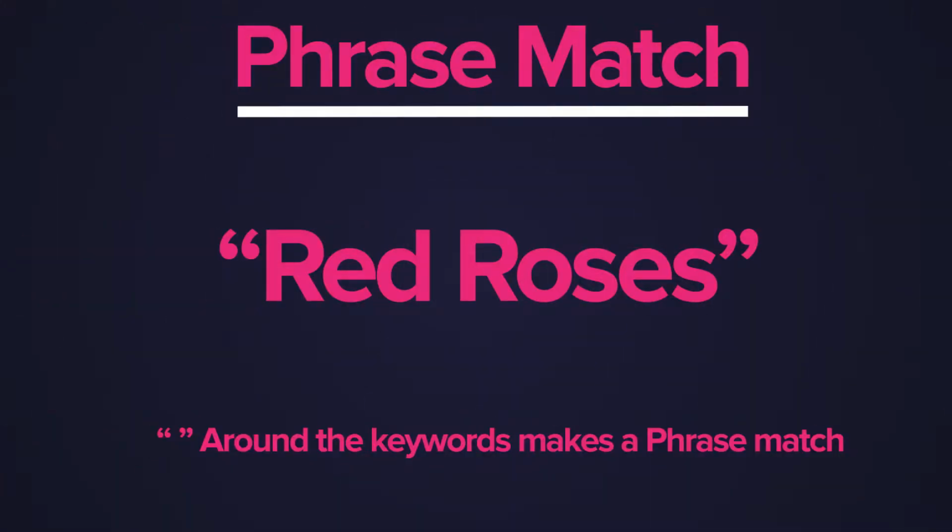Next, let's look at the phrase match keyword. The phrase match keyword is denoted by inverted commas on either side. Phrase match keywords will be triggered when either side of the phrase might have a different set of words. For example, buy red roses online, where red roses is our phrase match keyword. These are especially useful in certain circumstances where you might need a particular offer to be read in a certain